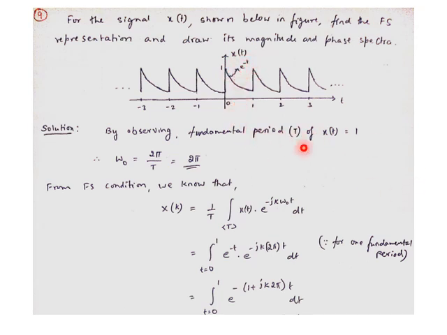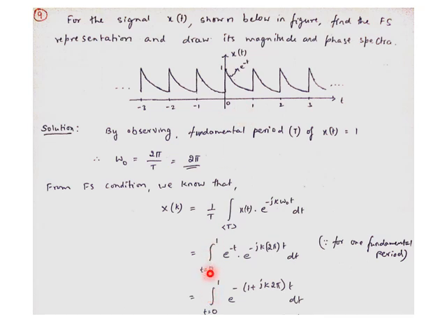So from this we observed that the fundamental period is T equal to 1, hence omega naught I can calculate as 2 pi by T. By substituting, I can say omega naught is equal to 2 pi. What I need to calculate is not this, x of k has to be identified. From the Fourier series condition we know the equation for x of k. It says x of k is equal to 1 by T, integration over one fundamental period, x of t into e to the power minus jk omega naught t dt. We just need to substitute x of t over one fundamental period. The fundamental period is T equal to 1, so I will take the range 0 to 1.